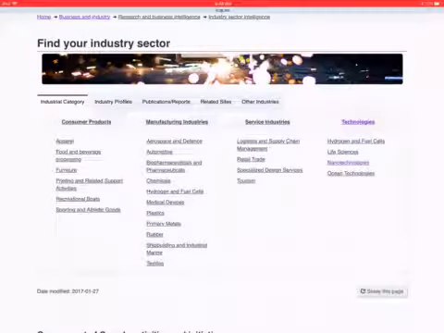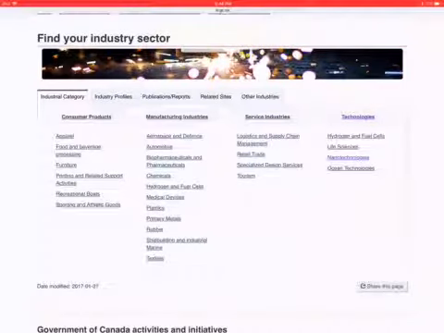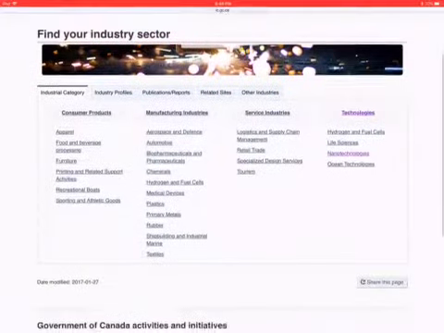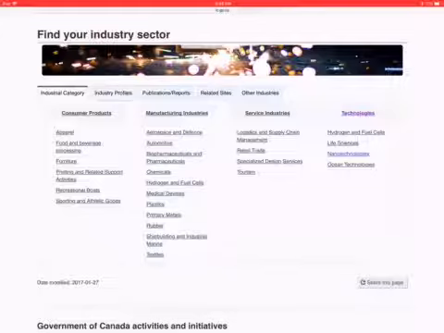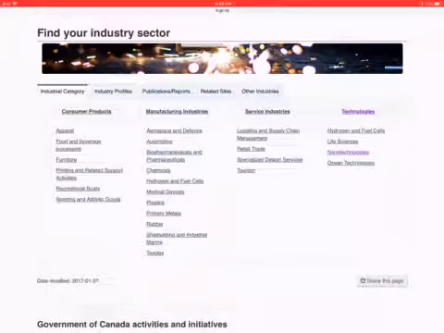And then from there on the far right, you can see technologies. Under those technologies, we see hydrogen and fuel cells, life sciences, nanotechnologies, and ocean technologies. Now, these are technologies that are emerging in Canada across a variety of sectors and can be applied to a variety of sectors